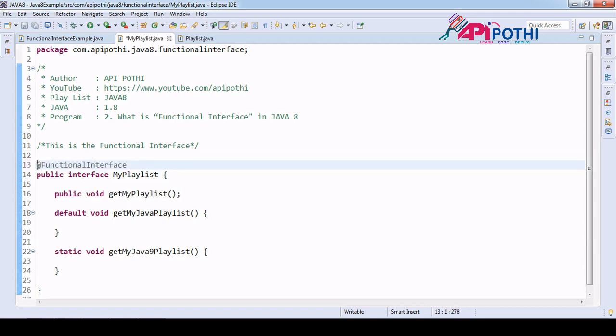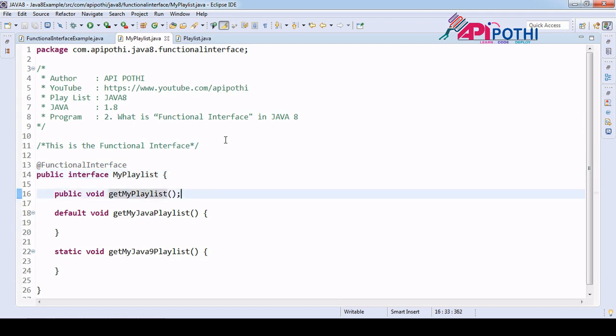If you mark this interface with the @FunctionalInterface annotation, then obviously it is also called a functional interface. Now the question is, what is the reason to have this annotation? See, the reason is very clear. I wrote this interface considering that I want to create one functional interface, and to iterate this method I have used my lambda expression in my implemented class or child class or concrete class.